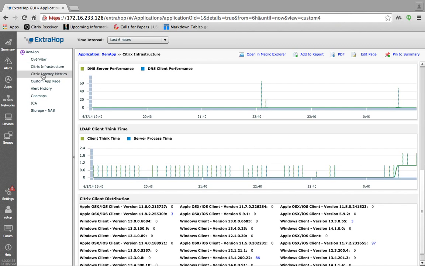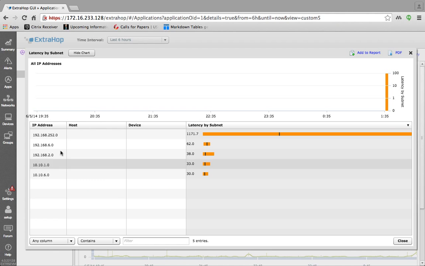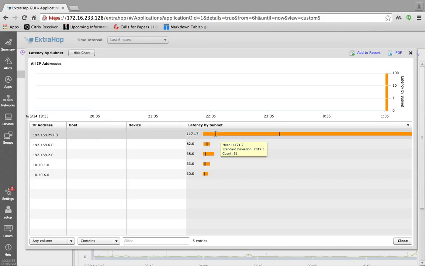The next part of the app container is the latency metrics. If you've watched the dashboard video, you've probably heard me talk about this a little bit, but this is mainly for drilling down. So here we have the list of subnets. Most organizations will organize their enterprise or their networks by subnet ID. And here you see everything looks good, and then you have this one that's nearly a full second. So you know right away, let's say maybe this is an MPLS cloud, and you have an SLA